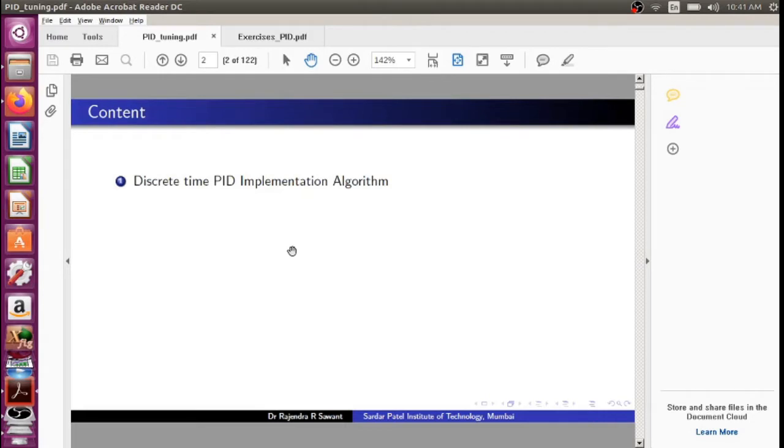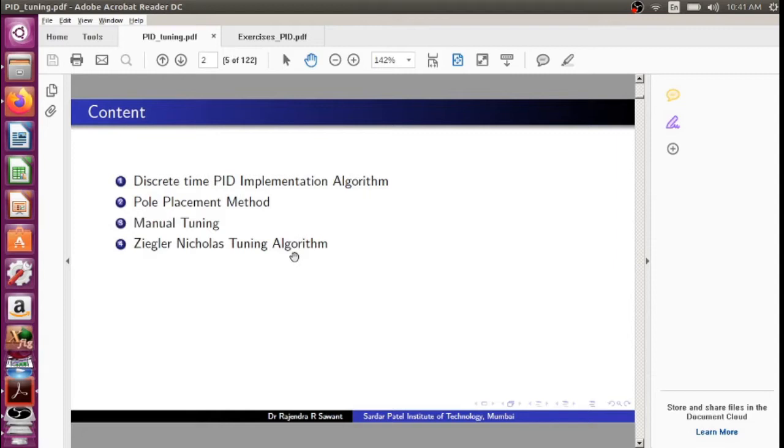So the content of today's presentation is, first of all, we shall be discussing the discrete time PID implementation algorithm. Then we'll be discussing pole placement method of PID control. Then we'll be discussing manual tuning method.